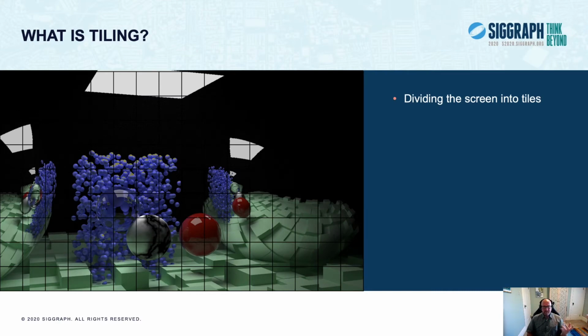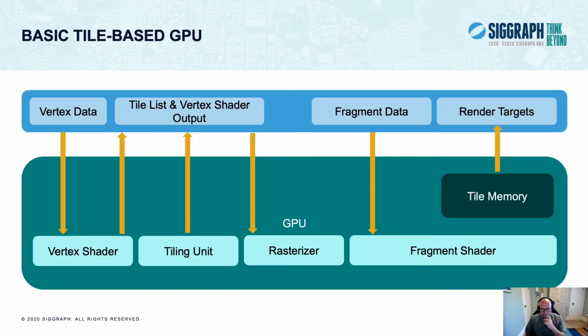Now, when we talk about tile-based GPUs, this is what we mean. Tiling is basically that each render target is divided into a rectangular grid of what we're calling tiles, just a rectangular area of pixels. Let's now look at why that's significant to mobile GPUs. Again, this is a very simplified diagram of a tile-based GPU, and how this really gets done is very vendor specific. Same relationship: the green is GPU, the blue is RAM.